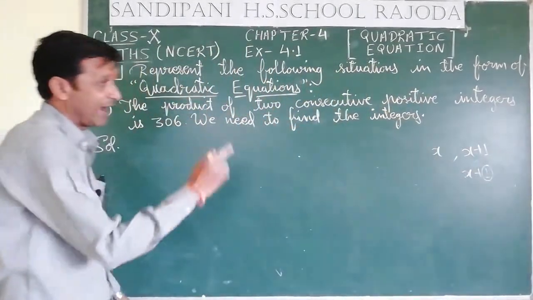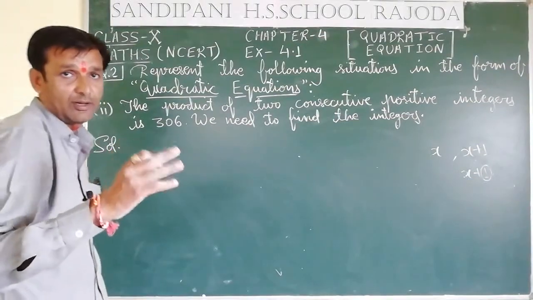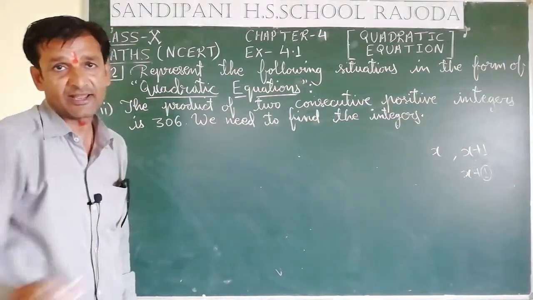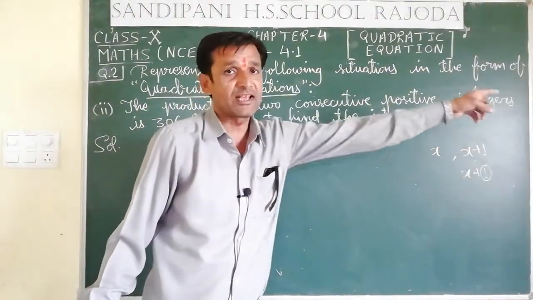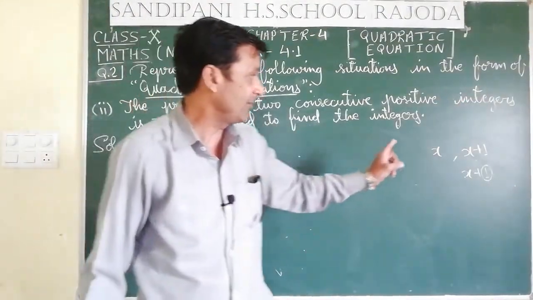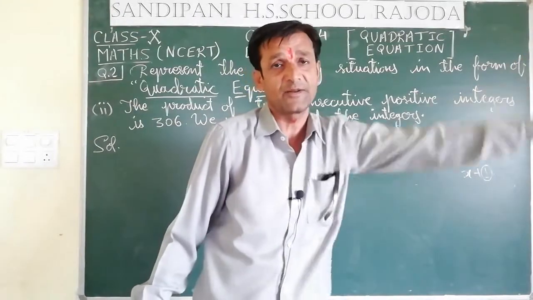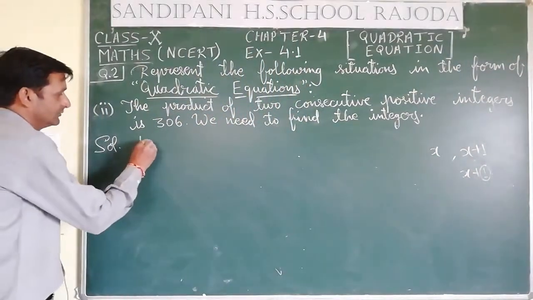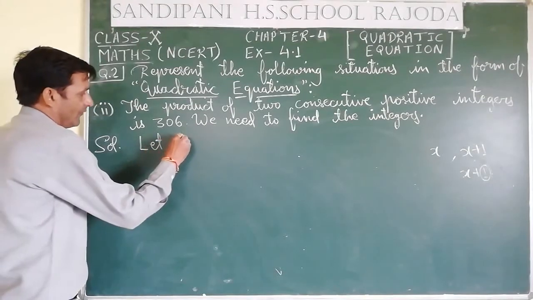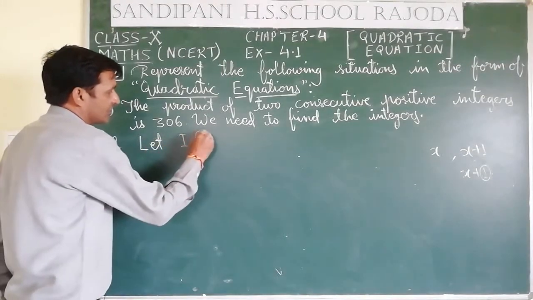So we have to add 1 for consecutive terms again and again. If 3 are there, then it will be x, x plus 1, x plus 2. If 4 are there, then it will be x, x plus 1, x plus 2, x plus 3. In such a manner we have to write. Let first positive integer